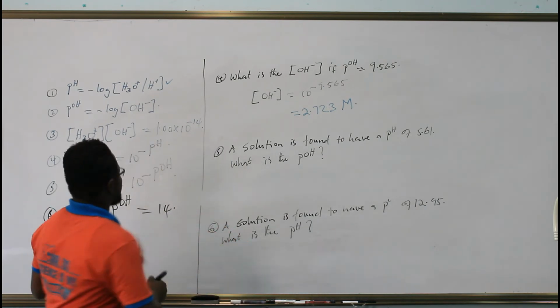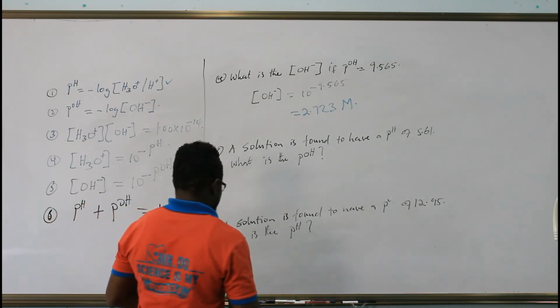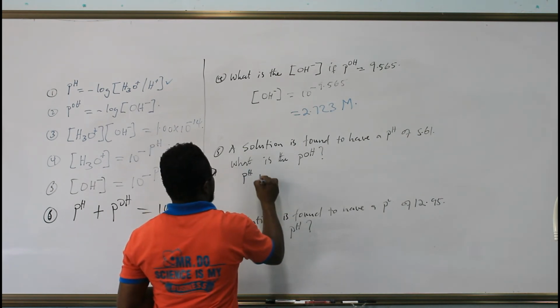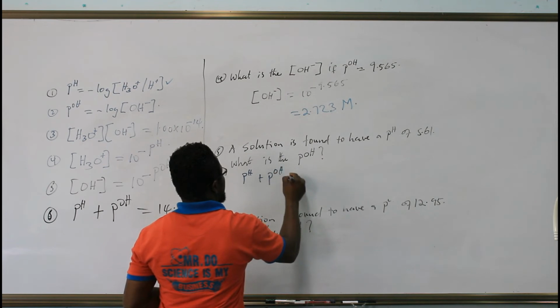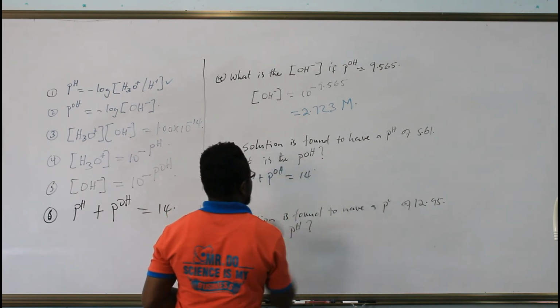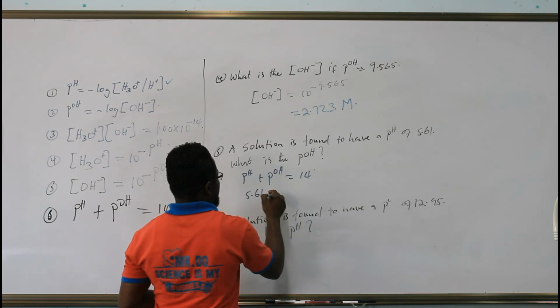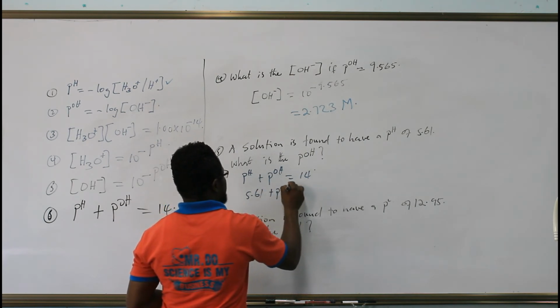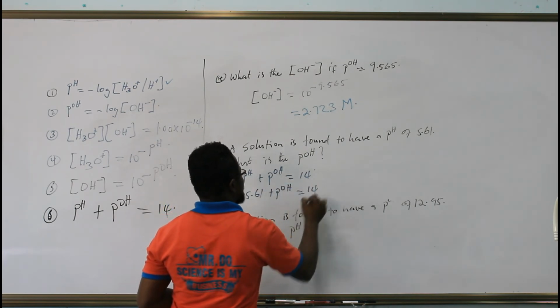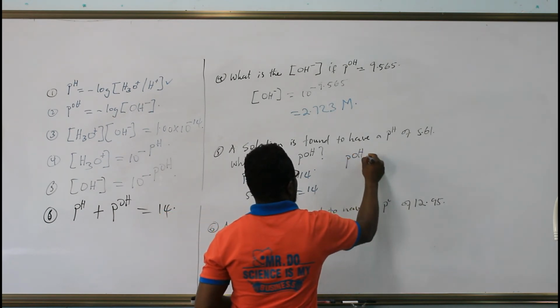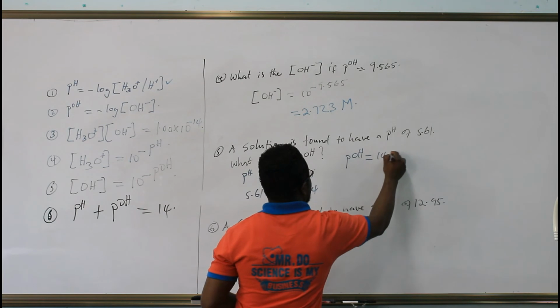First, use formula number 6. So to use formula number 6, we have pH plus pOH equals 14. The pH is given as 5.61, plus pOH, and that must equal 14. Therefore, our pOH would be equal to 14 minus